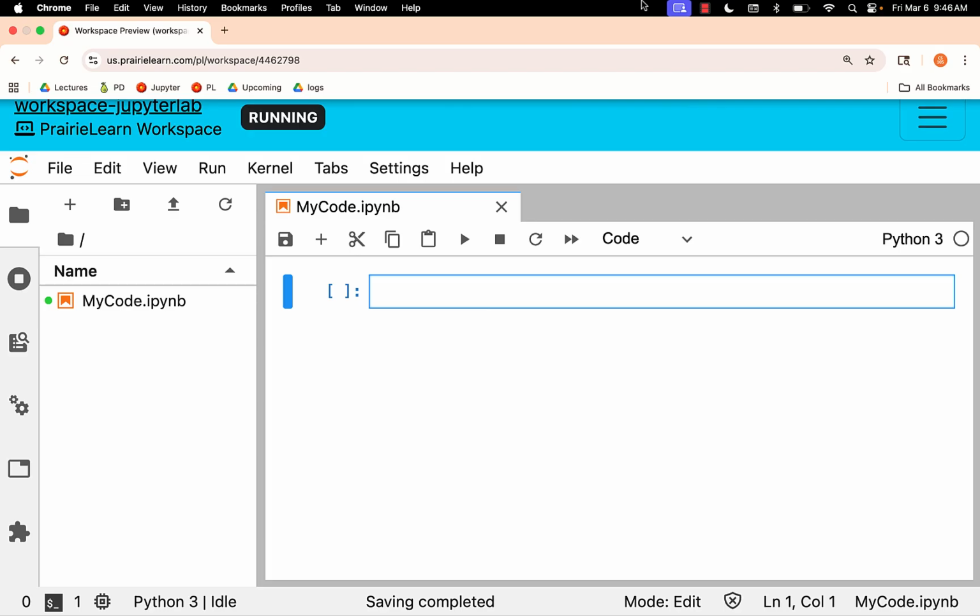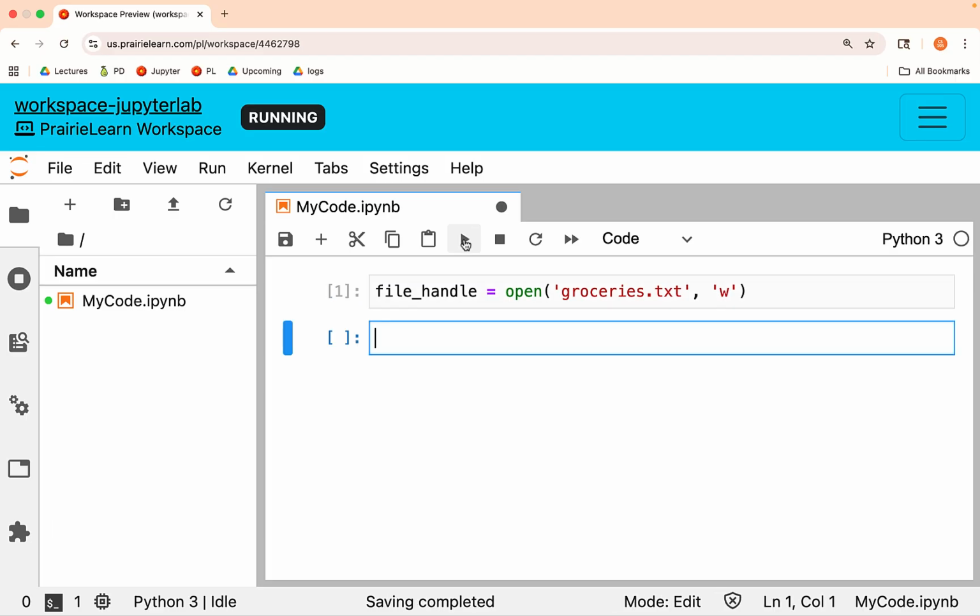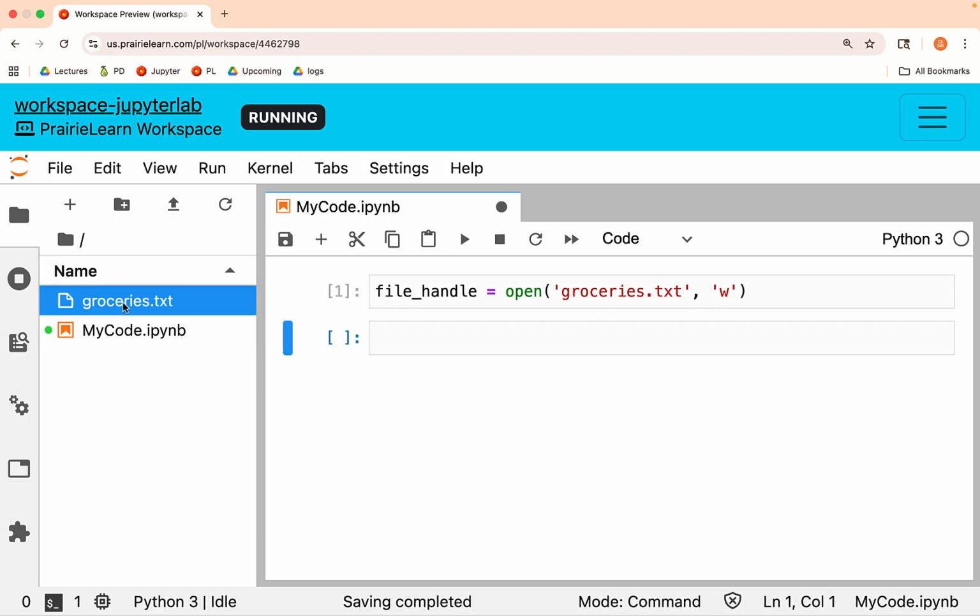Okay, in Python, we're going to do the same thing. I'm going to have a file handle. That's really a variable that references my file. And to make a new file, I'm going to say open. I give it the file name. I'll call mine groceries.txt, and then I'll say W. And W is the part that tells Python, make a new file, just like when I was creating a new Word file. If I run that code, you can see I now have a file named groceries.txt in my file